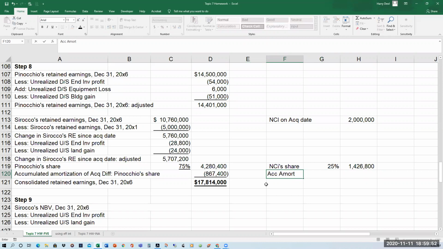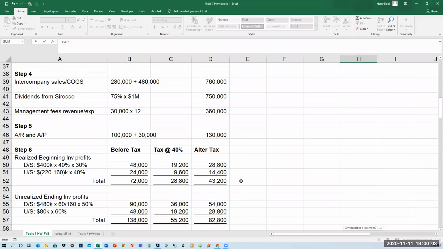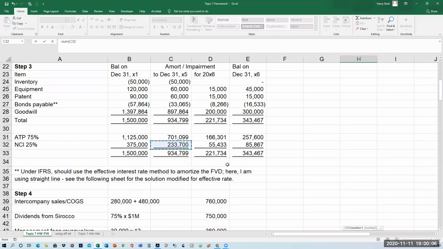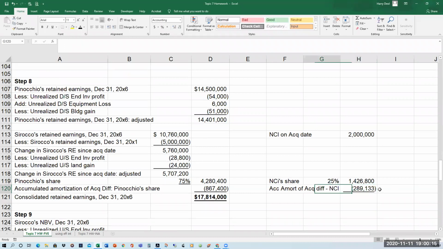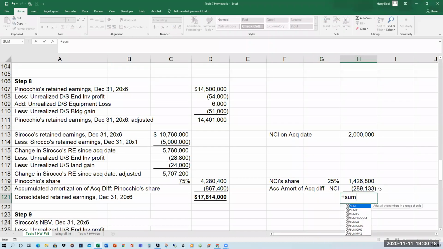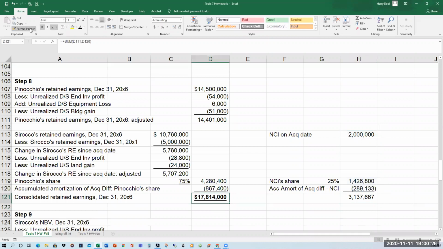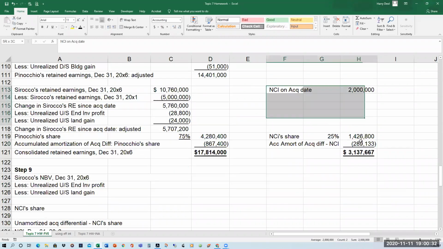So accumulated amortization of acquisition differential, NCI's share. This will be 233,700 plus the 55,433. So that works out to a total of 289,133. If you add up vertically, you would get non-controlling interest for the balance sheet, 3,137,667. So you could calculate NCI this way,